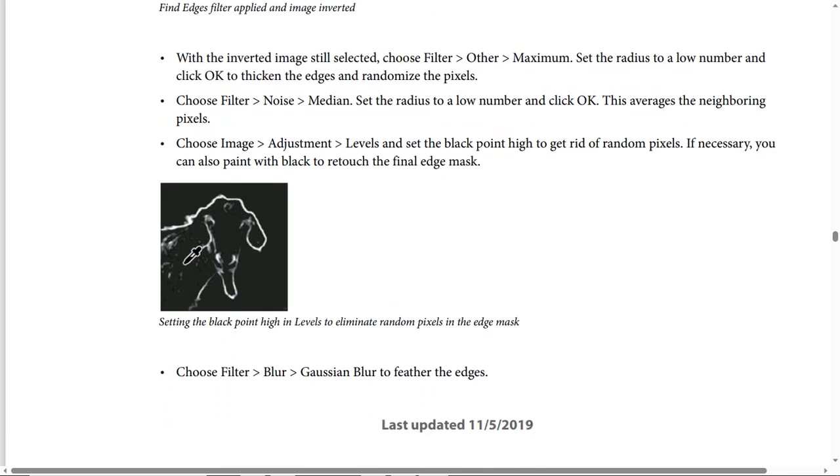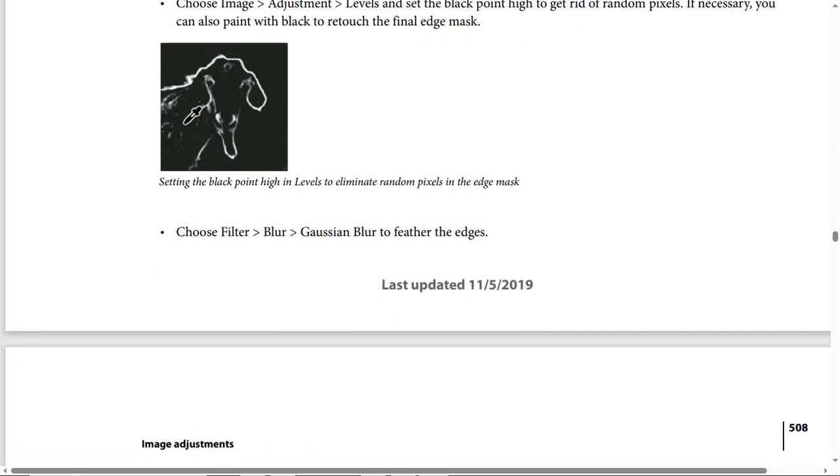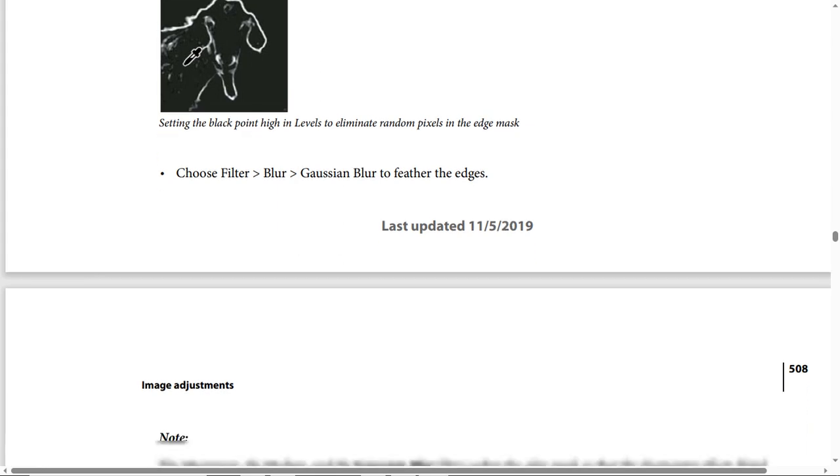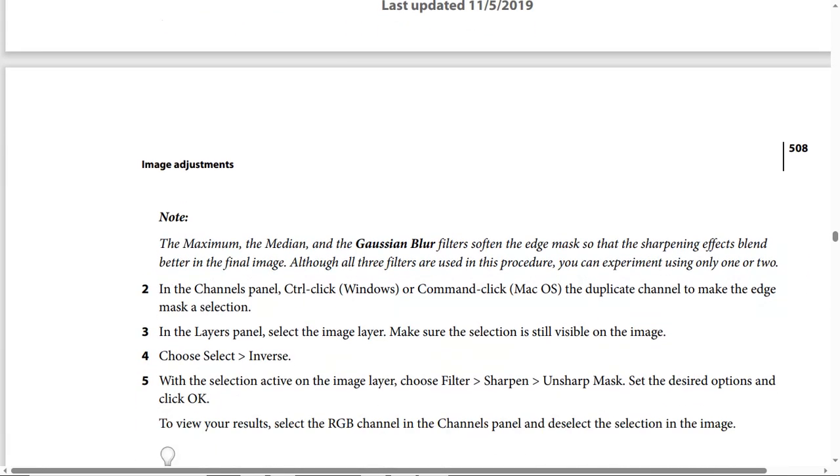The screenshot now is explained for you, setting the black point high in levels to eliminate random pixels in the edge mask. And you should choose filter, then you choose blur, then you choose Gaussian blur to feather the edges. Note and be careful, the maximum, the median, and the Gaussian blur filters soften the edge mask so that the sharpening effect blends better in the final image. And also all three filters are used, by the way, in this procedure, and you can also experiment using only